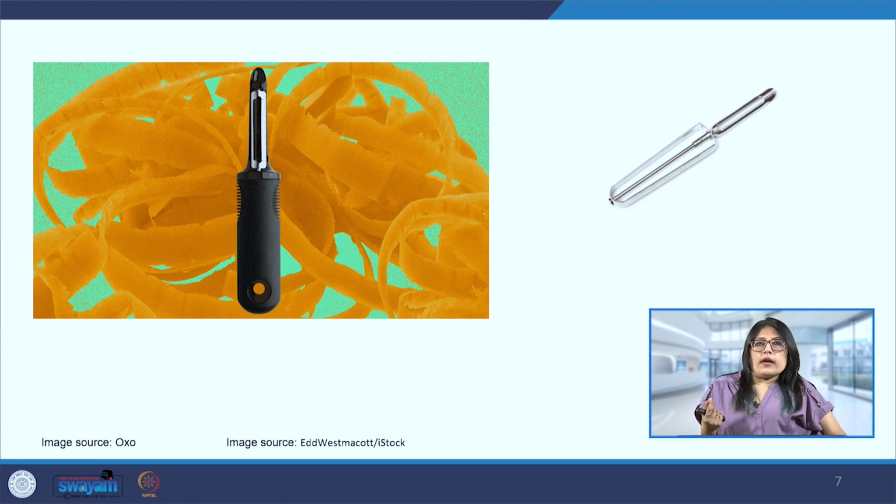So that is where the idea came to the mind of Sam Farber, that why can we not have a better peeler? So then after an extensive search and a lot of experimentation and getting in touch with several companies, they came up with this particular peeler on the left side of the screen that you can see. The top part, where it's actually peeling, is the kind of peeler that we see around us nowadays as well.